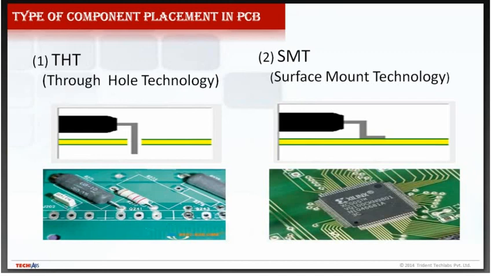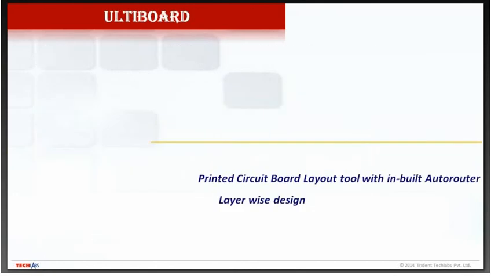These two options are also present in the Altiboard library editor library. That means these surface mount technology and through hole technology library components are present in the Altiboard library. And the Gerber file, I'll come to later. What is the Gerber file? These were some of the introduction for the Altiboard, what it could design. It is mostly a printed circuit board layout tool, which also introduced an auto routing facility.